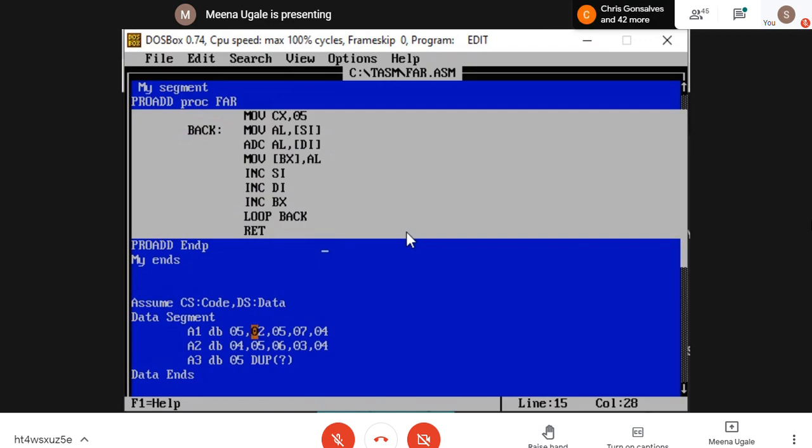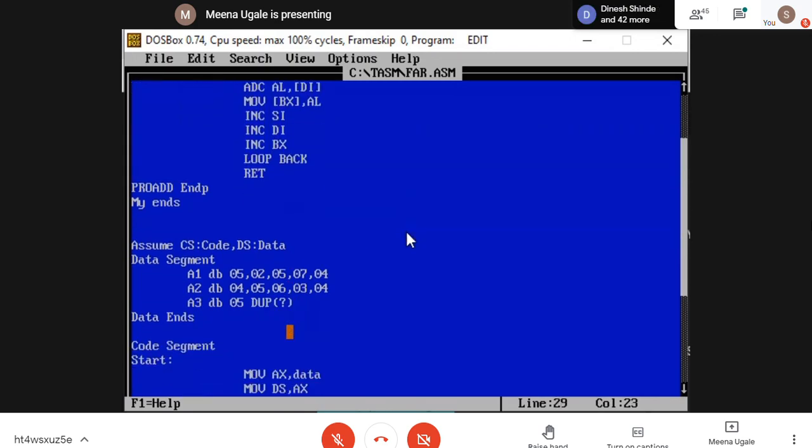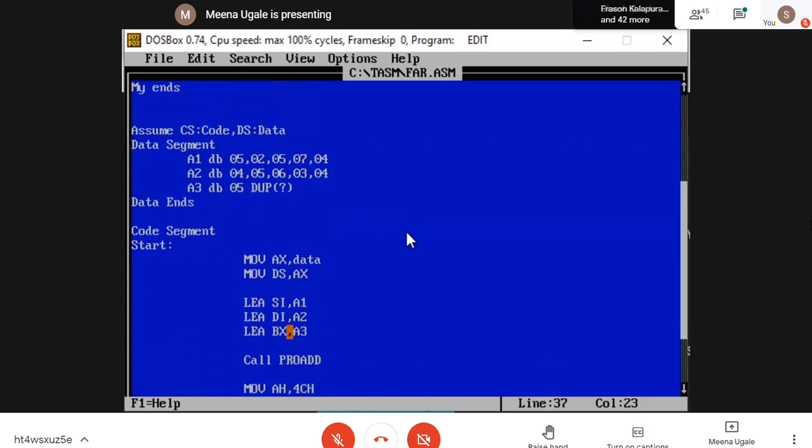Now how will these numbers be loaded? So you have to give the positions of A1, A2 and A3. That position we are going to give with SI and DI, and for A3 we will give register BX. So what will happen here? See, we will go to the code segment first and then come back to this one. See what I am doing.